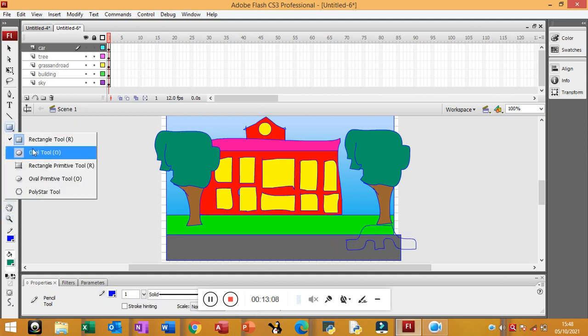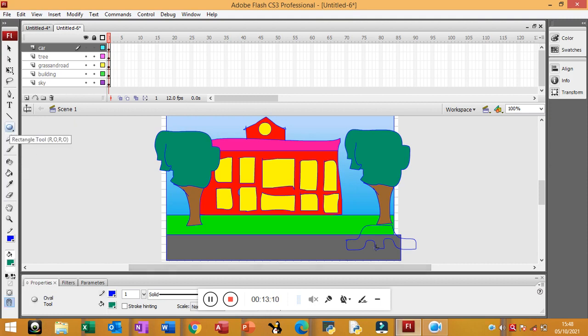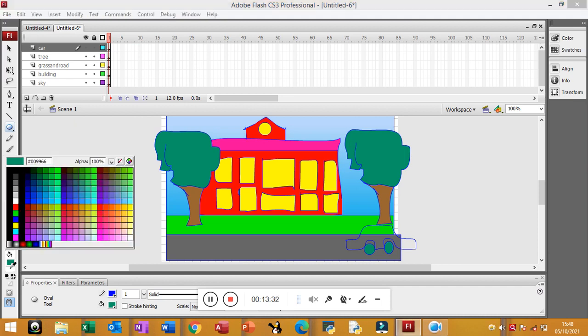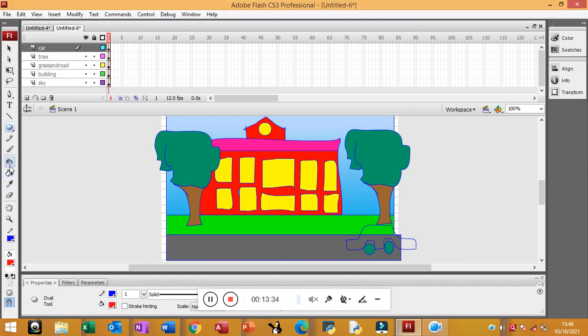And for its tires I'm going to take a circle over here. You can take this circle, right. Change the color of the circle, and whenever there is a mistake, press Control Z. Okay, so this looks fine, right. Now I'm going to make this car red color. I'm filling red color on my car. I made the car red.